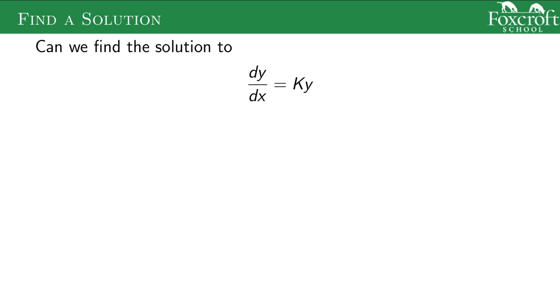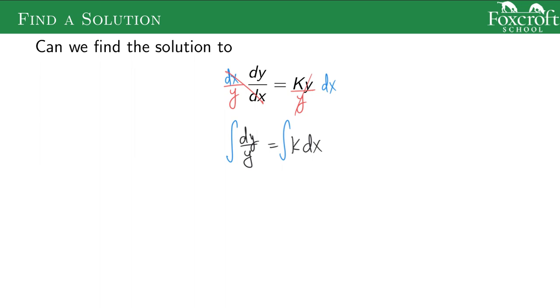So what I'm going to do is get the y's together on one side and get the x's on the other side. I'm going to divide both sides by y, because I want to move this over here. I'm going to multiply both sides by dx, because I want to get the x's to the other side. So here, those cancel, those cancel. So now my equation is going to be dy over y equals k dx. And now that I have the y's on one side and the x's on the other, I can take the